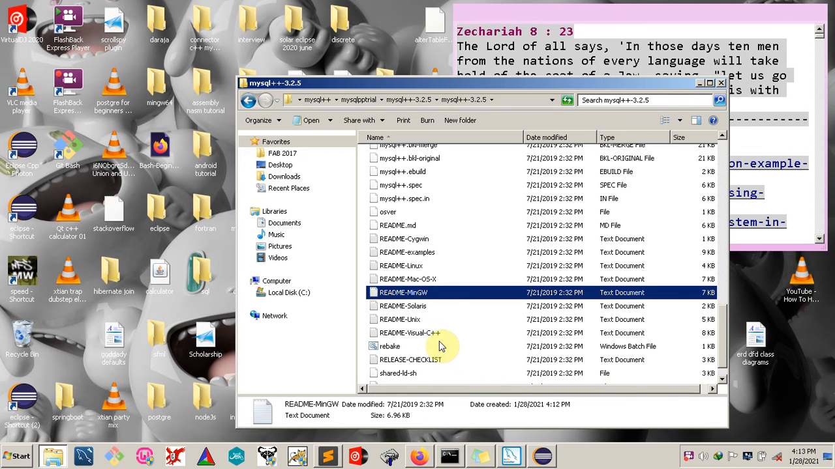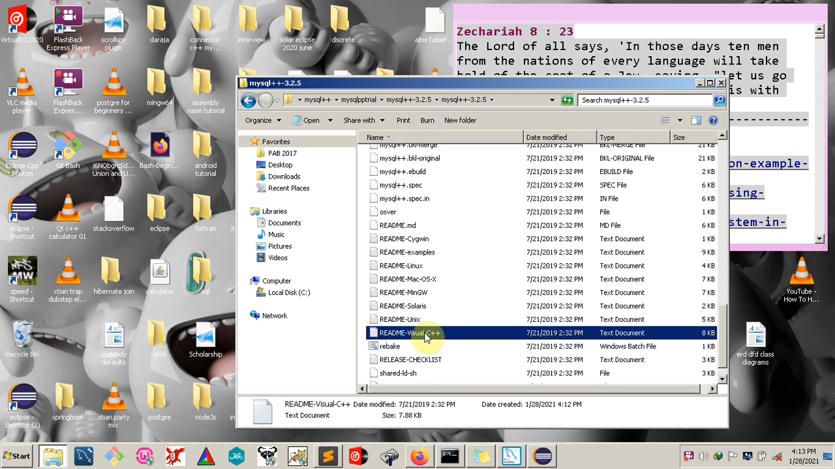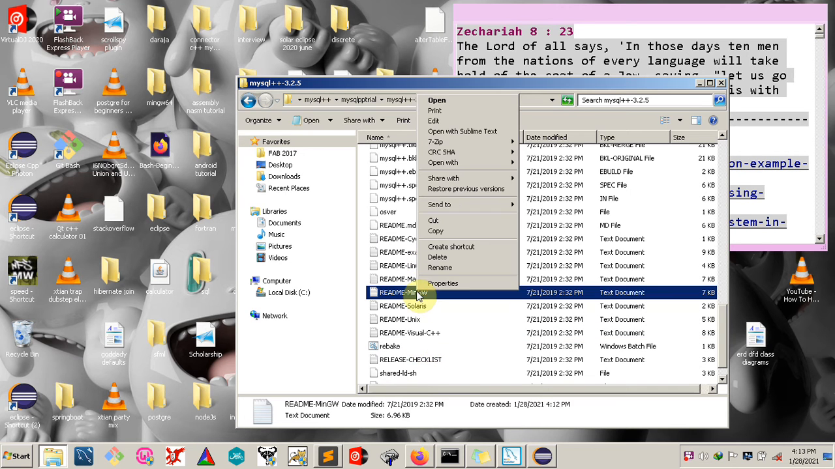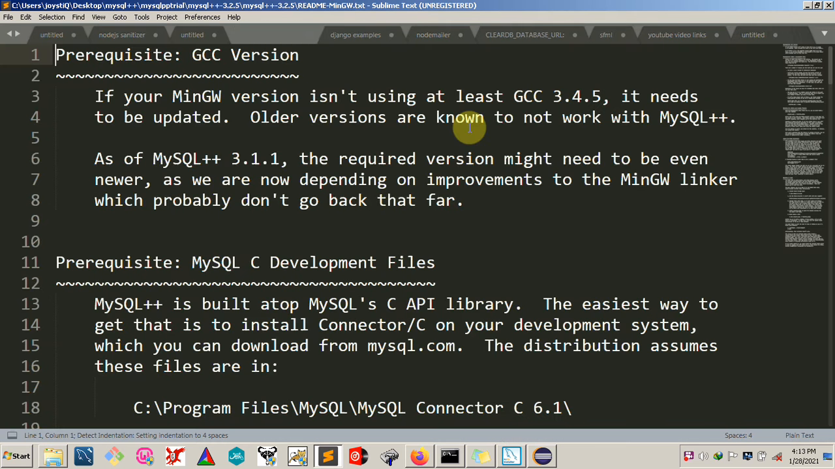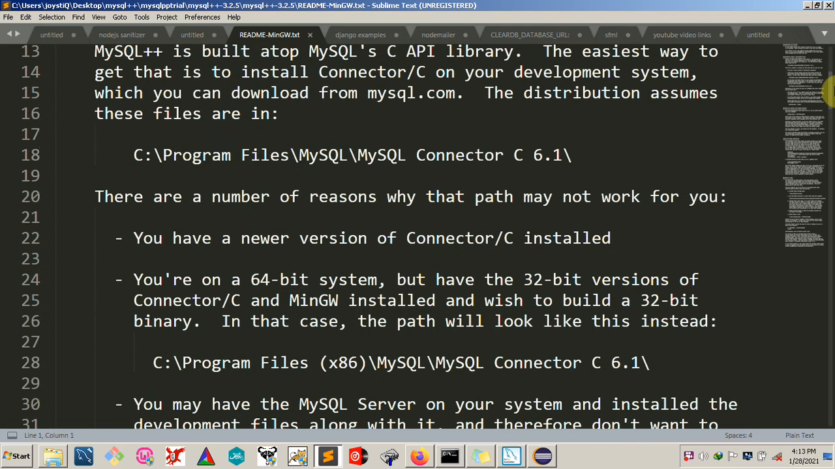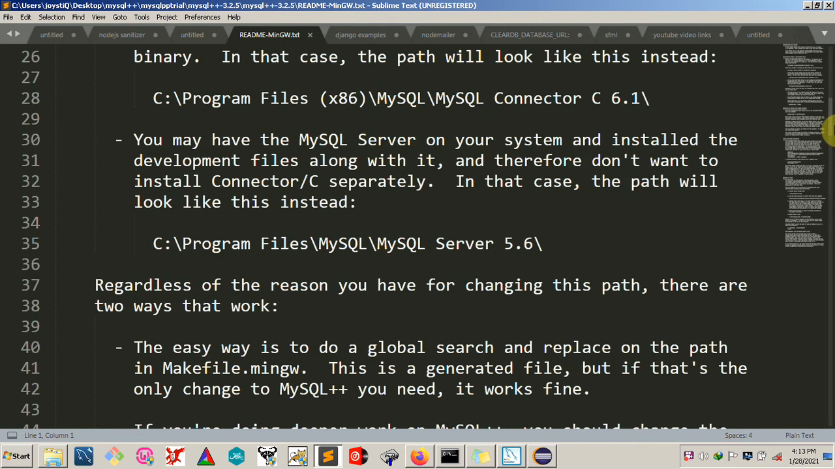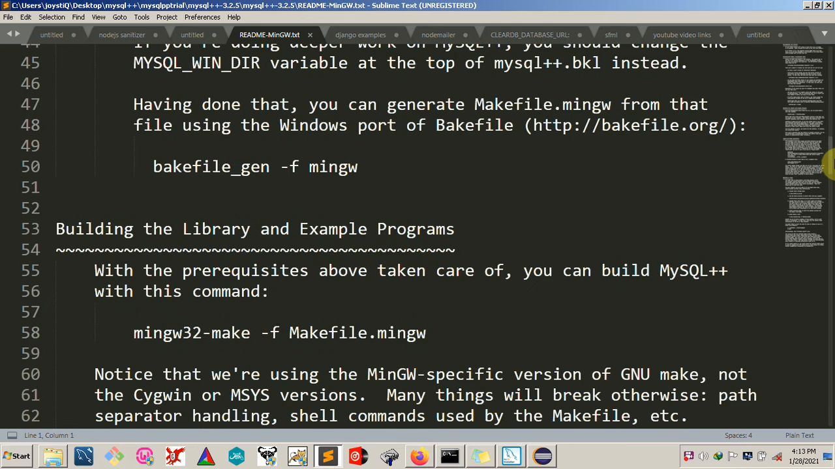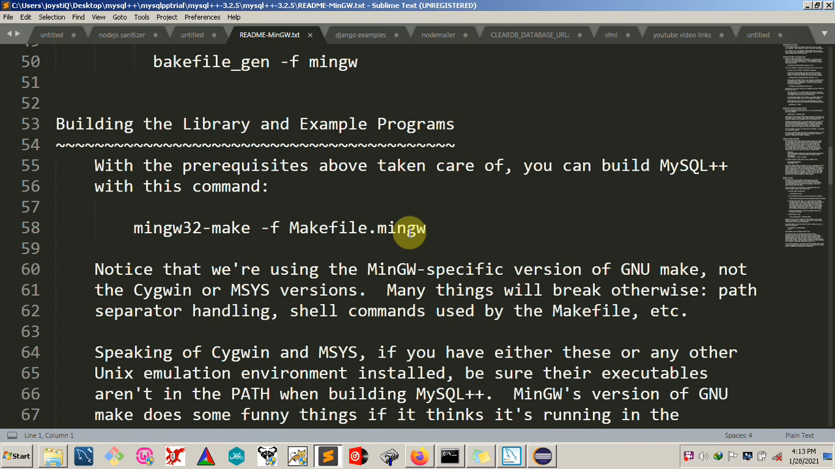In case you are using Visual C++, I think this is where you need to be heading. Let me open it using Sublime Text, and here, if you have time, you might want to go through it and see what needs to be done in case you have problems. But I'll just be getting this line of code, and I'll copy it,